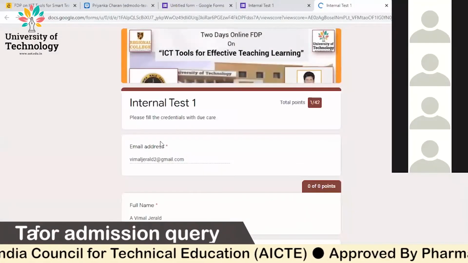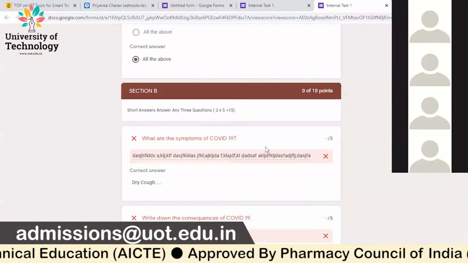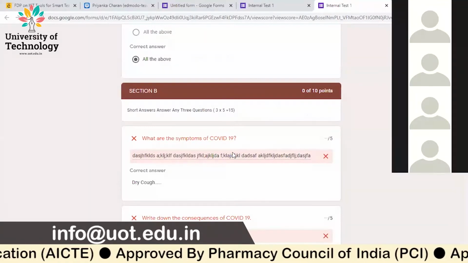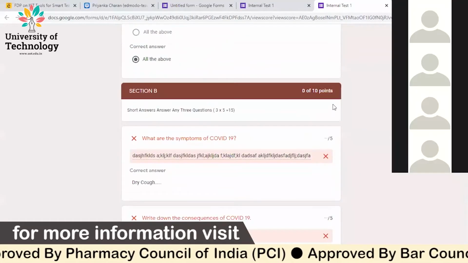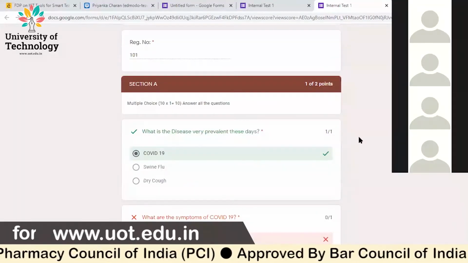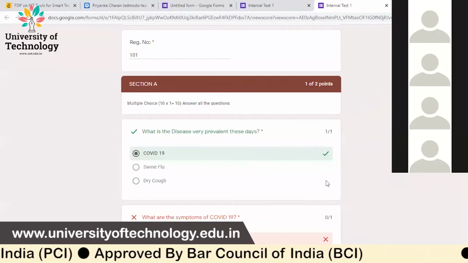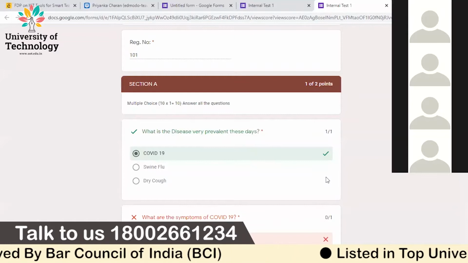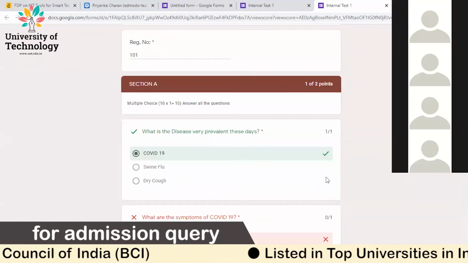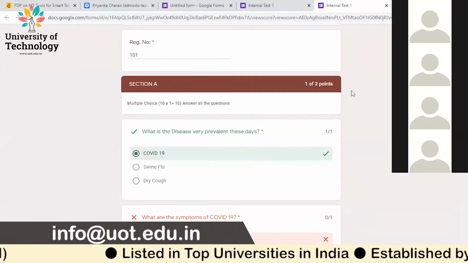I will have to evaluate. Out of 42 marks I get only 1 mark, because, look here, I have not evaluated the short answer. I have been evaluated only for the one-word question. This question is correct and this question is obviously wrong, so only 1 mark. So you should be cautious when you give descriptive type questions. You will have to disable the option for immediately giving the score. Am I clear to you?